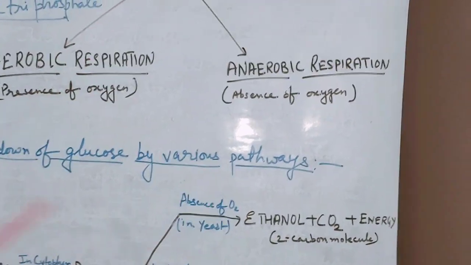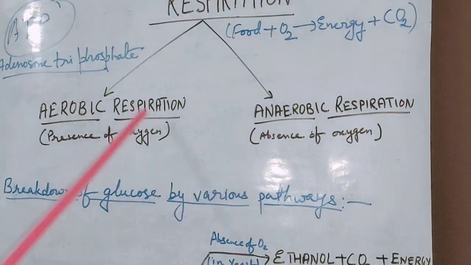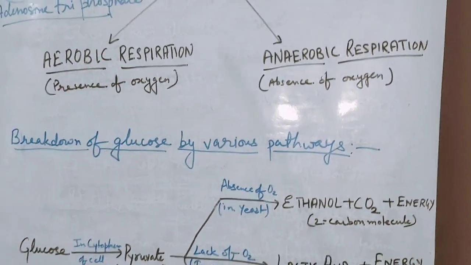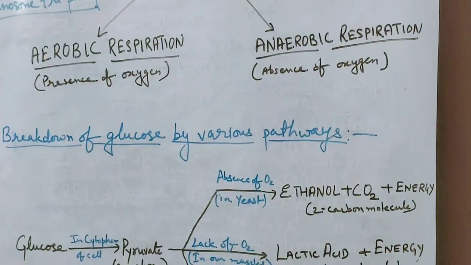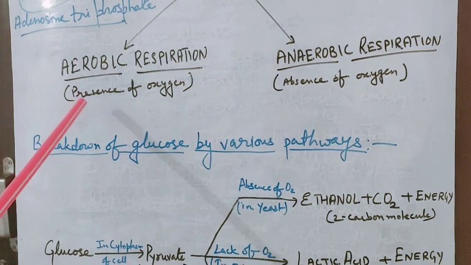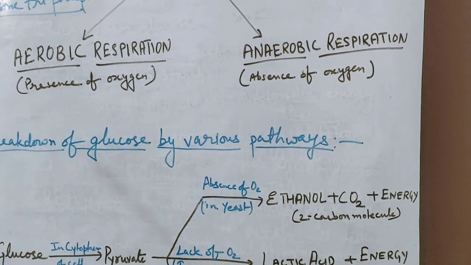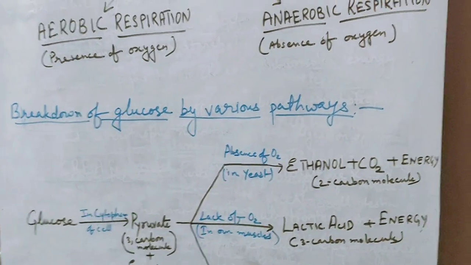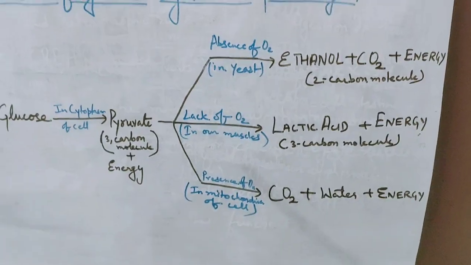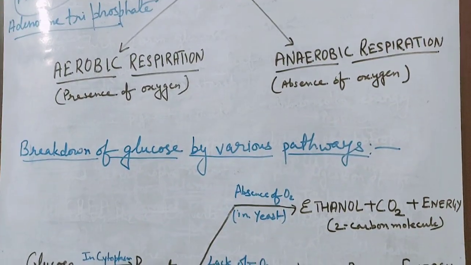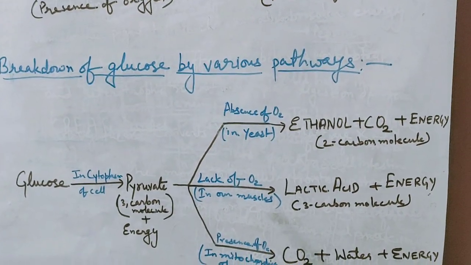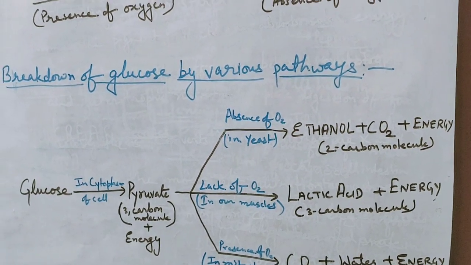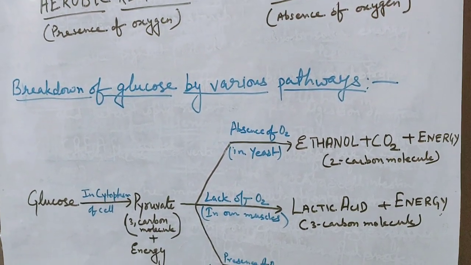As we have discussed, it is of two types. One is aerobic and another one is anaerobic. Aerobic respiration can be defined as the breakdown of glucose into carbon dioxide and water inside the body cells by using oxygen to release energy. And we can also say that the complete oxidation of glucose takes place in the mitochondria of our cell,